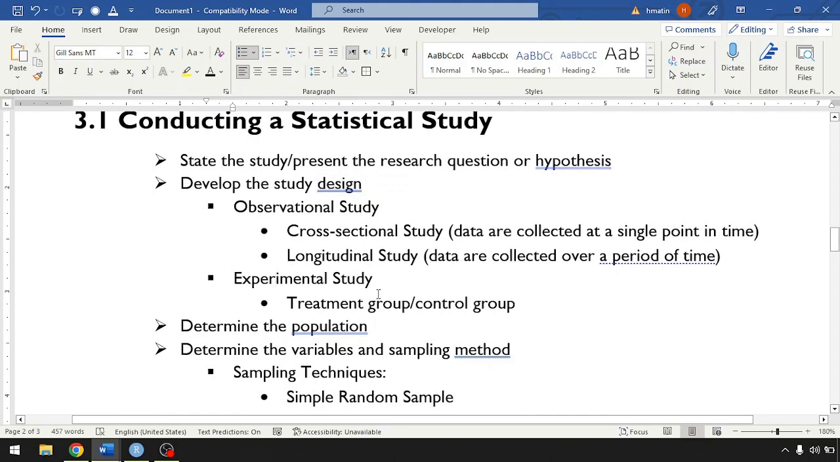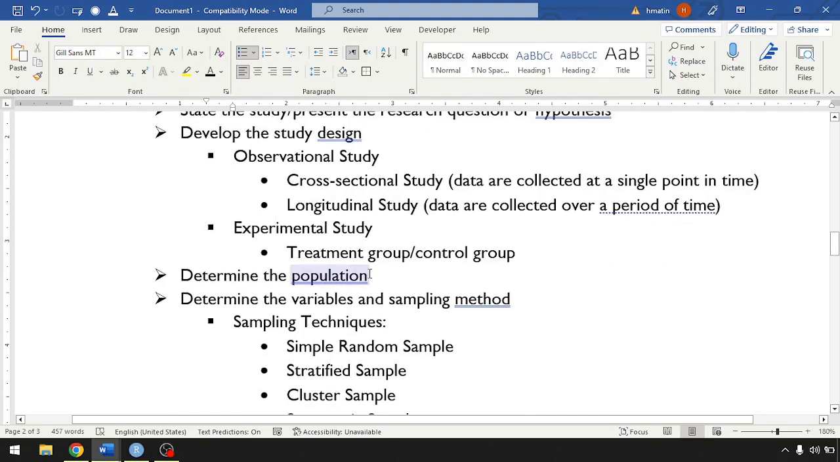So once you develop the study design, you're going to determine the population, and it's important to know what population you're going to target. Depending on your research question and study design, you will designate the population from where the sample will be drawn. So in the case of testing the relationship between unemployment rate and social well-being, our population may be XYZ places,